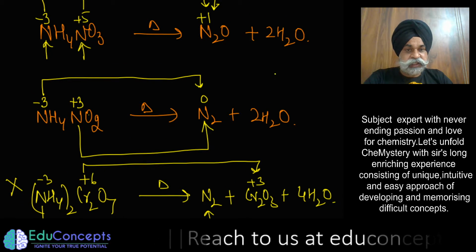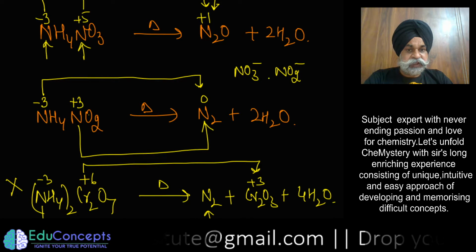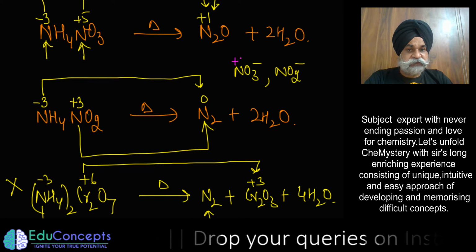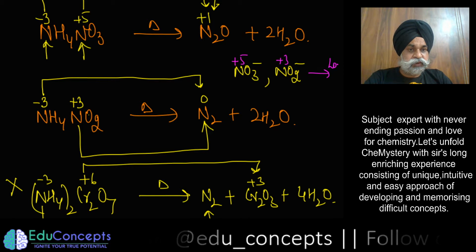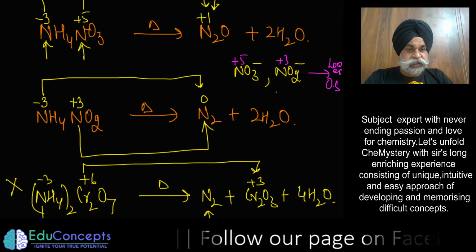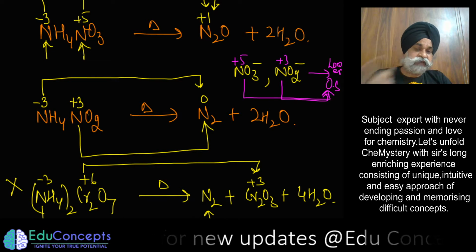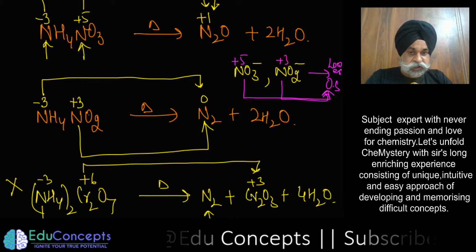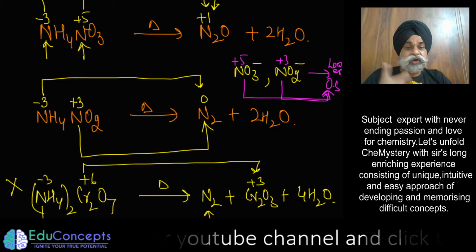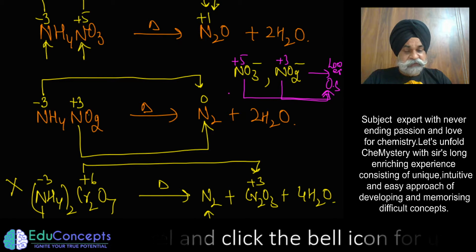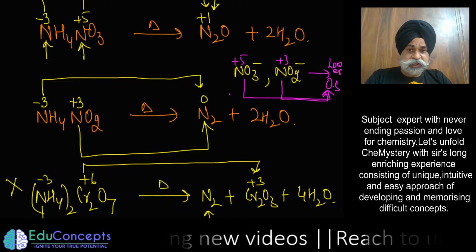So if you could see that NO2 negative, or for that matter NO3 negative, in both of these the nitrogen is in +5 or +3 oxidation state, and in both of these cases this can go to a lower oxidation state. This can go to a lower oxidation state, and this could also go to a lower oxidation state. When any anion has the tendency to go to a lower oxidation state, that means it can be acting as an oxidizing anion. So whenever you have an ammonium salt with some oxidizing anion, then the point of interest or a tip to remember is